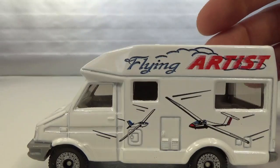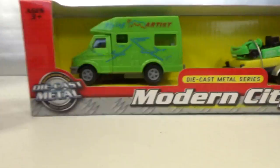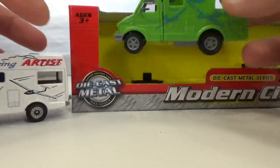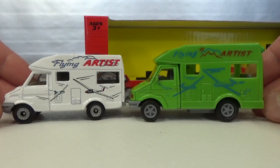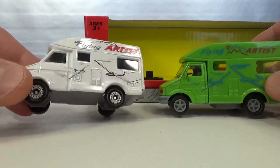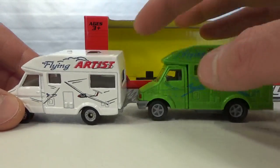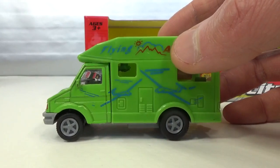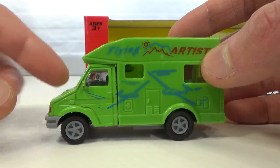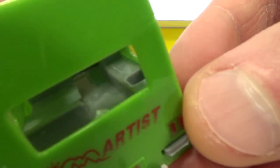And then I found a few Chinese knockoffs. Interestingly, this one has the same deco as the Iveco, or the Iveco. Not sure if this is a real livery that they used, or this Chinese company just stole the deco from Siku. I'm not sure about that. So these are a little bit bigger in scale. They have a metal cab and then the plastic back part. The interior is pretty much the same as the